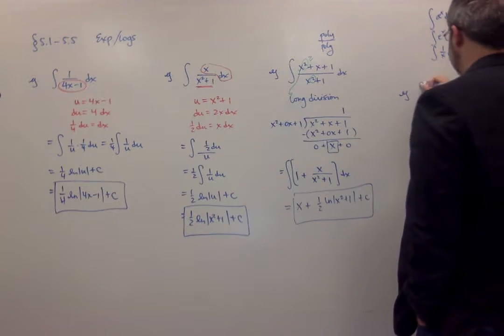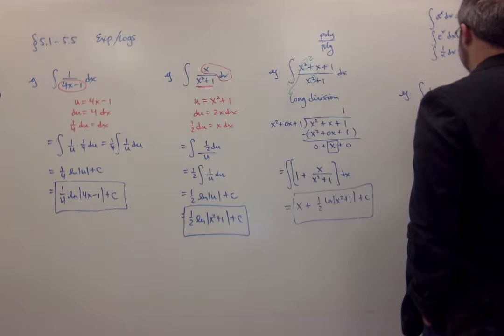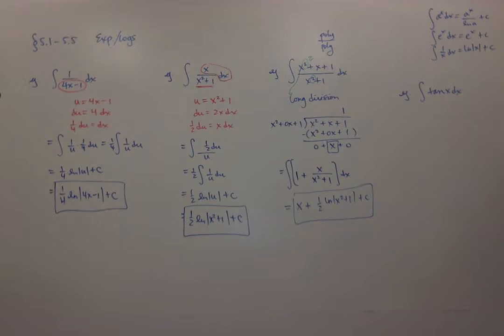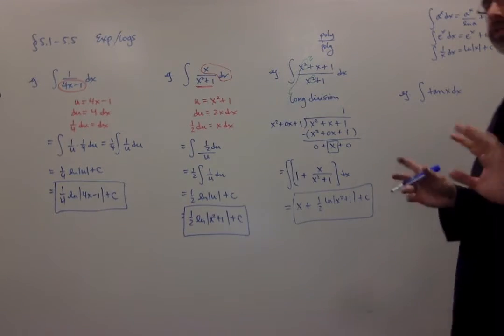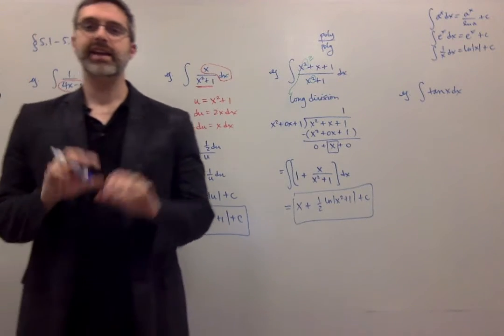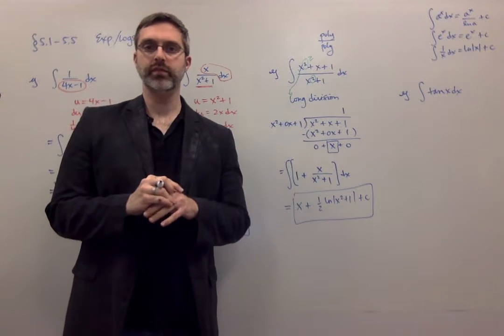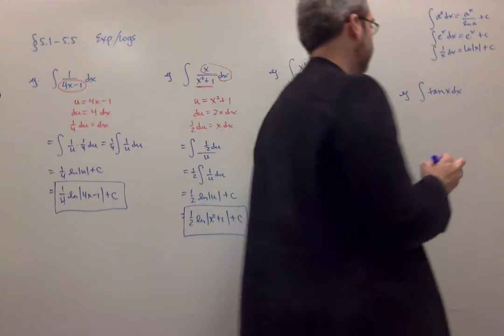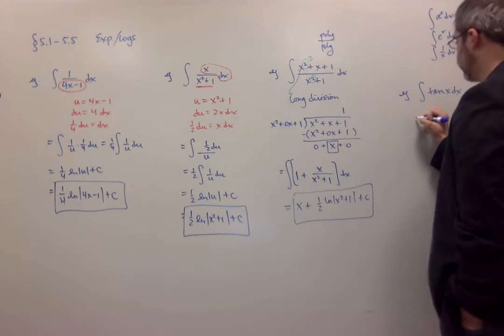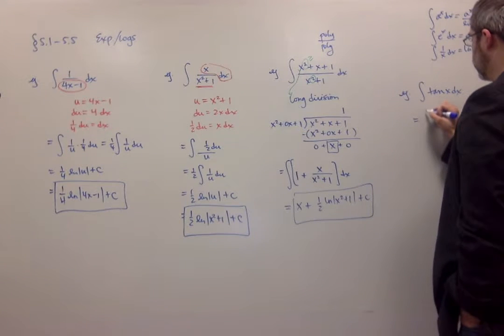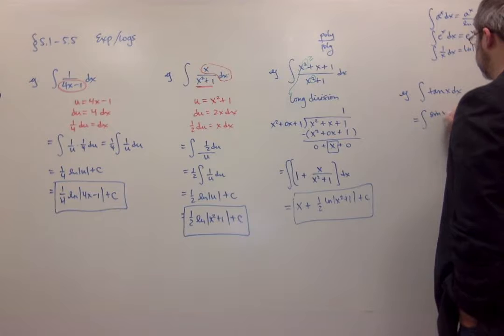So let's do now the integral of tangent. You know, I actually told you last time what this was, but it was a really weird answer. And I hinted that substitution was where you could get this. But we're actually going to do it here, all right? So tangent, if I wanted to integrate tangent, I don't have a nice just formula for it. But if I turn tangent into sine over cosine,